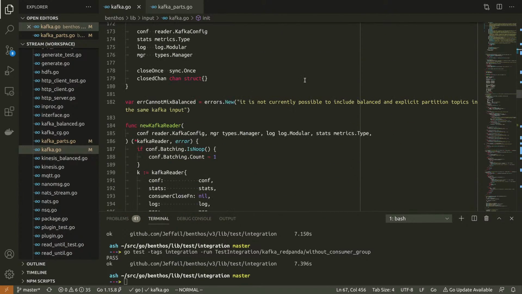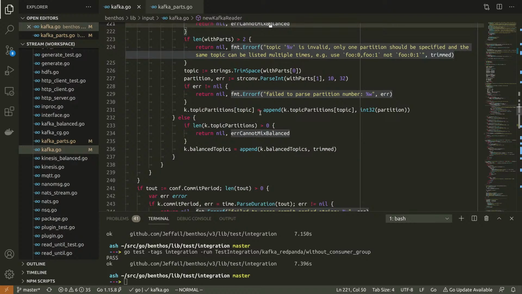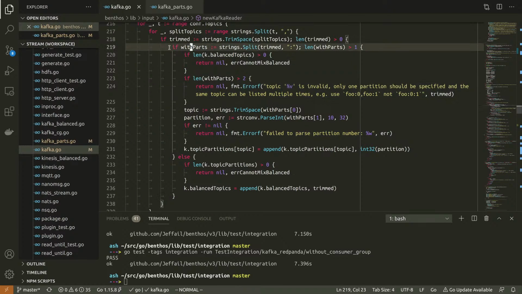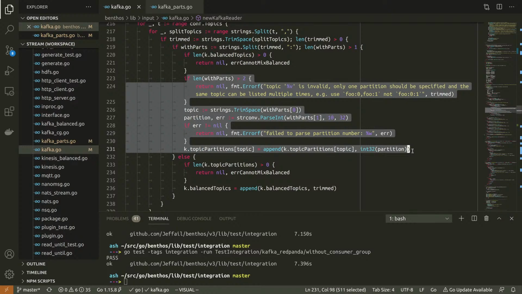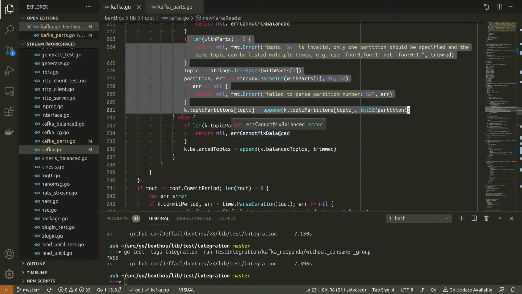And what's also going to happen is my logic down here for pulling topic partitions out is going to be bloated as all heck. Not a huge fan of how big this is getting. I want to keep the fork here, but I can break all of this out into a separate function.